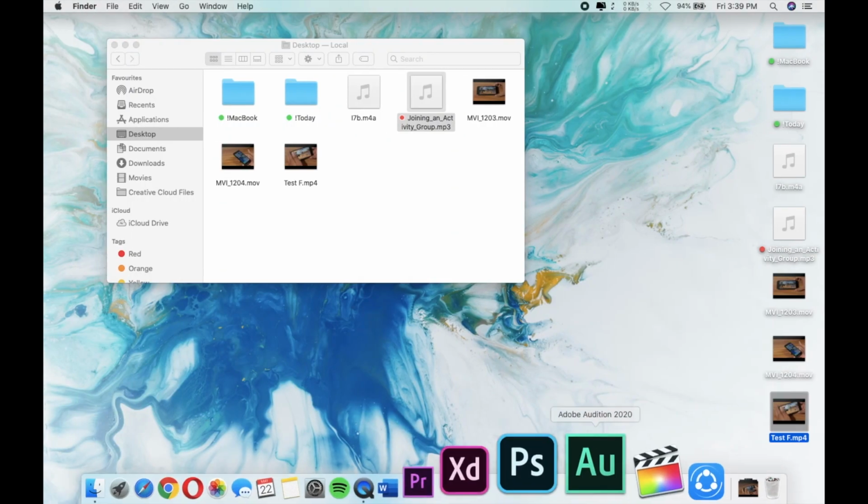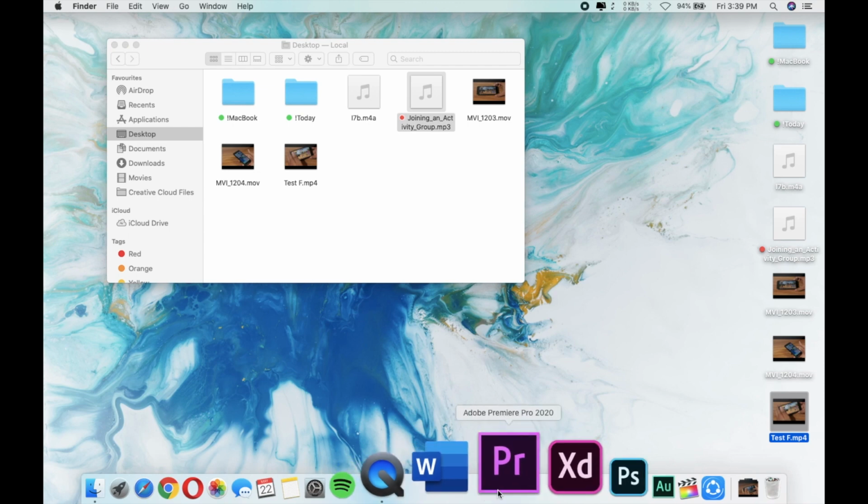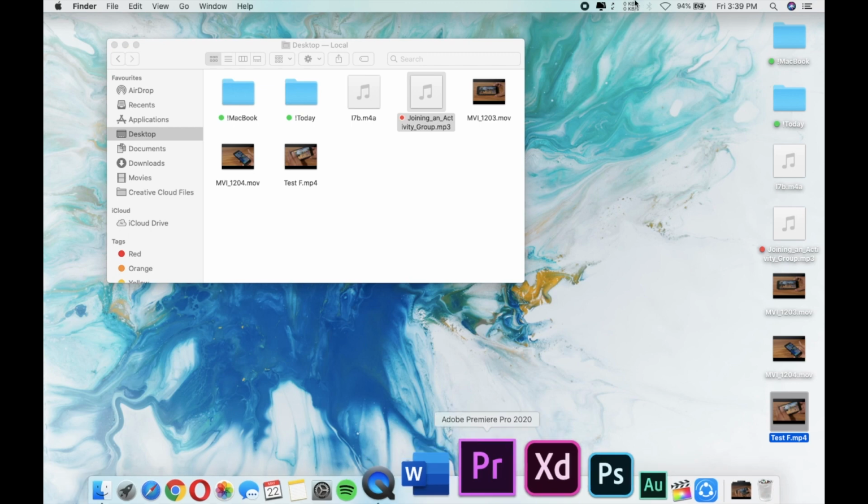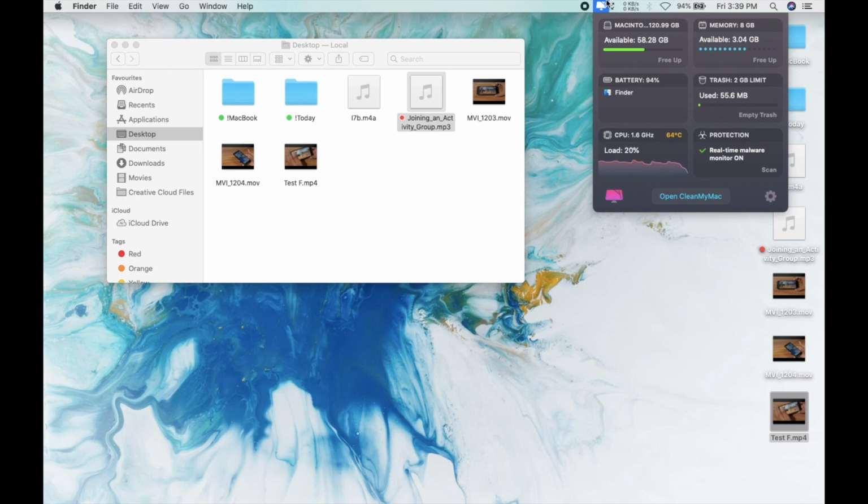So I think Premiere Pro is usable with the MacBook Air, but if you are using the MacBook Air 2017 version to edit 10 or 15 minute videos with Adobe Premiere Pro, then it is going to get mad anytime soon. I really don't know, because the device is getting very warm, the CPU is getting filled up, the RAM is getting filled up, things are not going that well, but after exporting the video, it will get cool. As you can see right now the load is 19%.